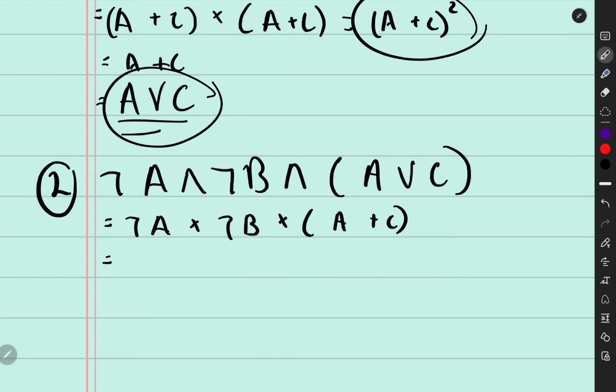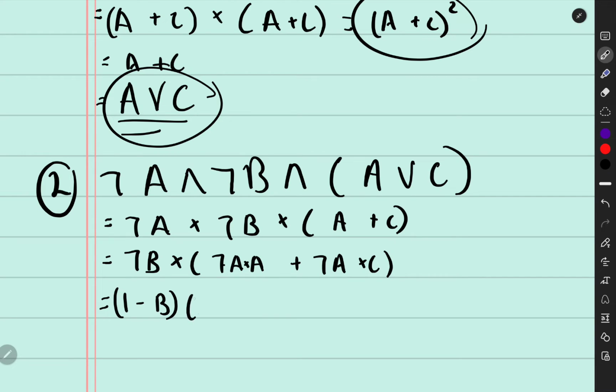Now, if we can rewrite that as not B times not A times A plus not A times C, so I just multiplied this into the brackets, right? Then we can simplify the nots. So 1 minus B times 1 minus A times A plus 1 minus A times C,